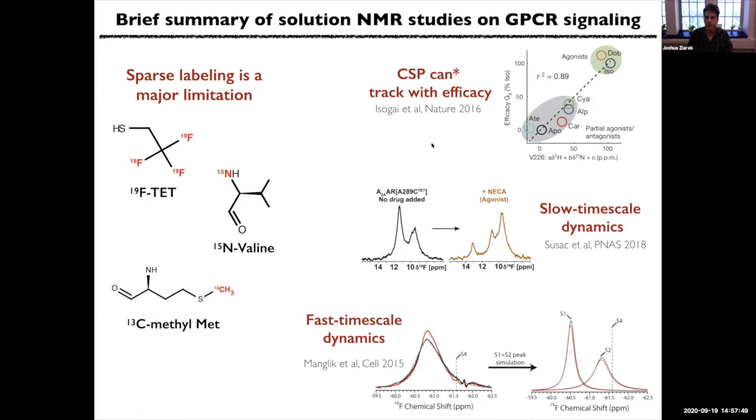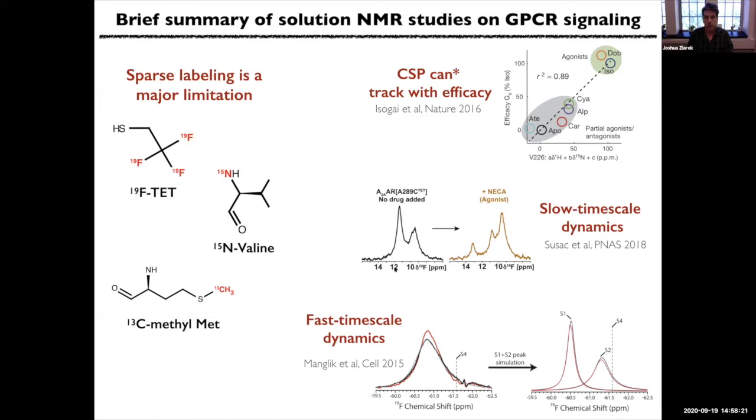And the results that they've seen can kind of be summarized a little bit here. This is a study by Stefan Grezic's group, and this shows that the chemical shift perturbations can actually track very nicely with efficacy, at least in this case. That's why I have this little asterisk here. So there's other studies that show that the chemical shift does not track at all with the efficacy of the ligand. Here's studies from Kurt Vuschik's group using fluorine NMR,